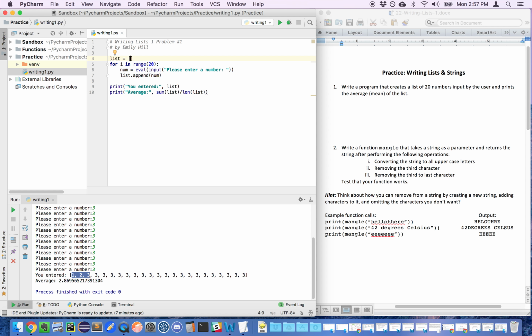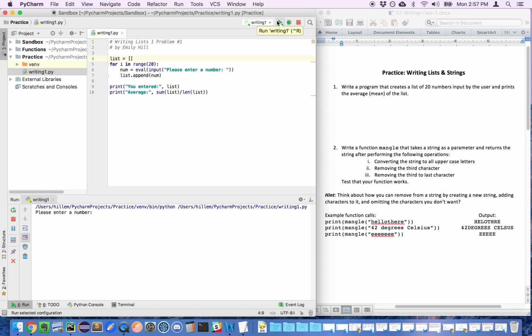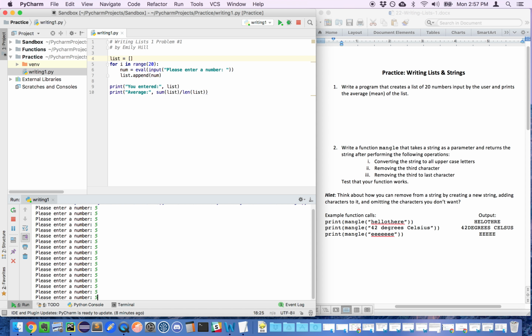So if I simply delete that, hopefully this will work correctly. So let me try this again. I'm going to use the same number over and over again. Oops, not there though. I want it down here. Let's do 5 this time. There we go. Woohoo! Great. I entered 25 5s and I got 5.0. Awesome. Okay,